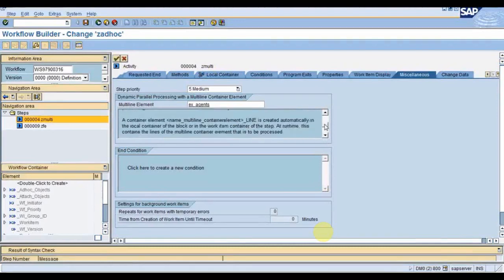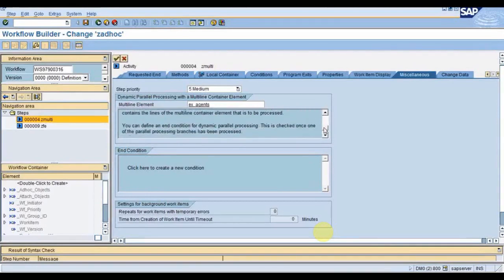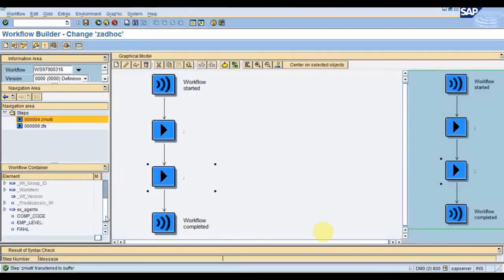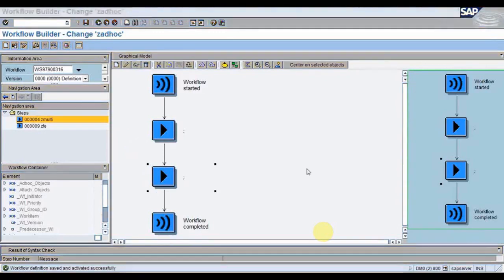Just give me a second. I'm not sure whether the type is the same or not because I'm using the previous X agents.